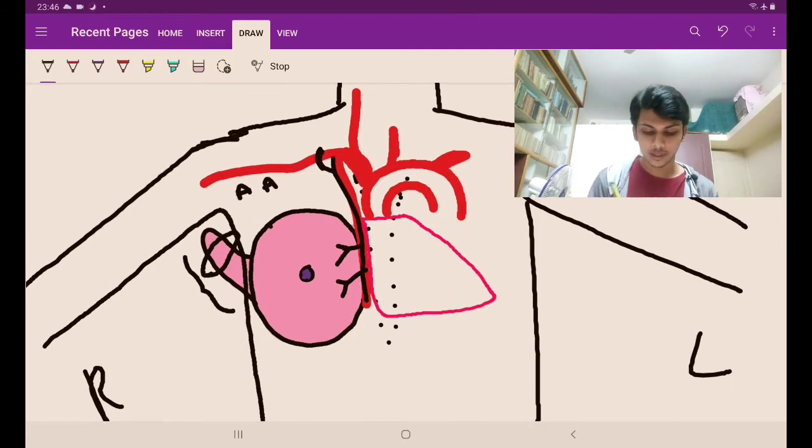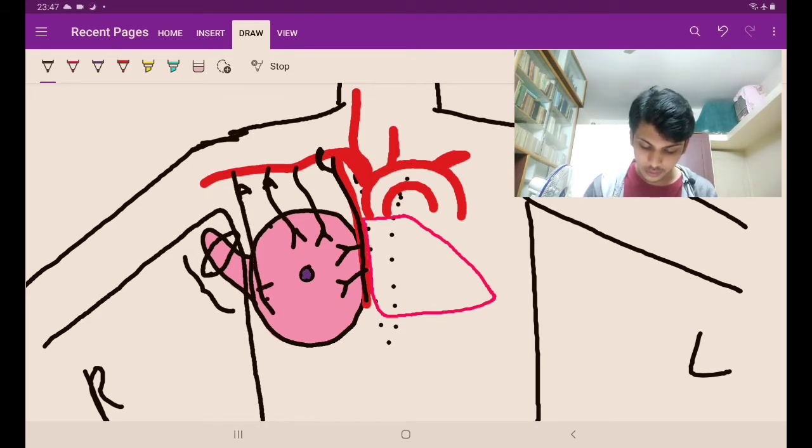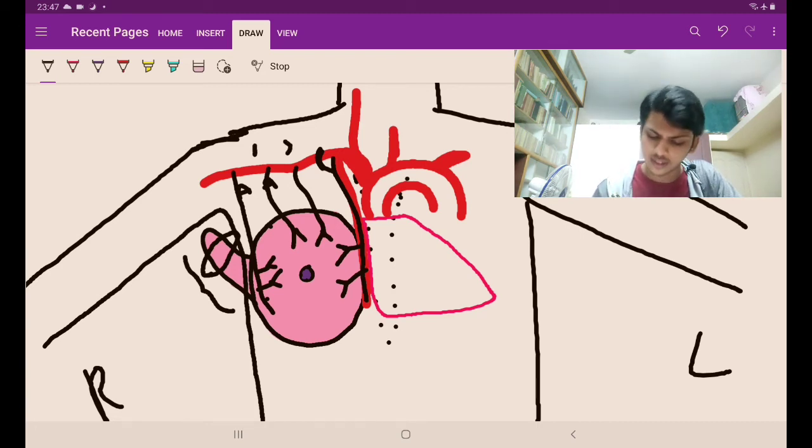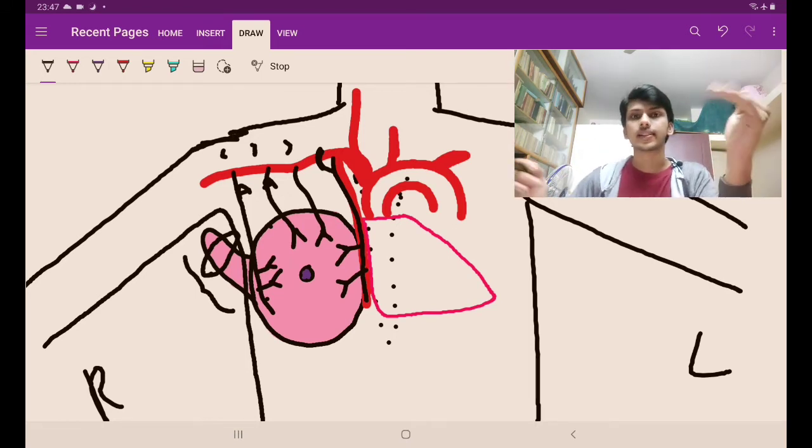Okay. Now next, here is the subclavian artery, which is done. Now the axillary artery. It gives out three branches: the superior thoracic artery, the thoracoacromial artery, and the lateral thoracic artery, which gives out branches. So three arteries: the superior thoracic, the thoracoacromial, and the lateral thoracic arteries. Those three are done. So they supply it.